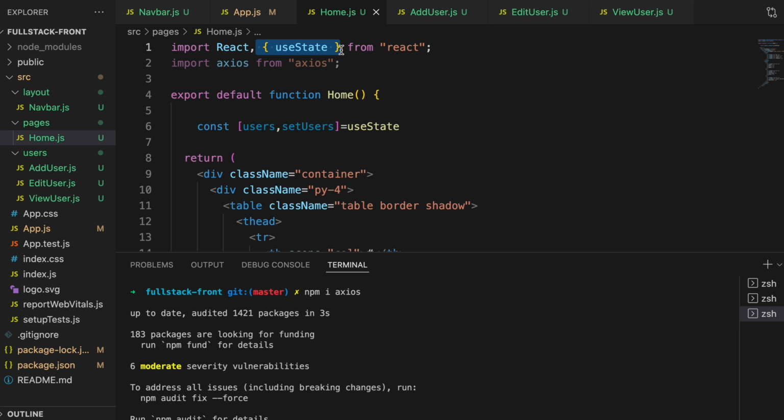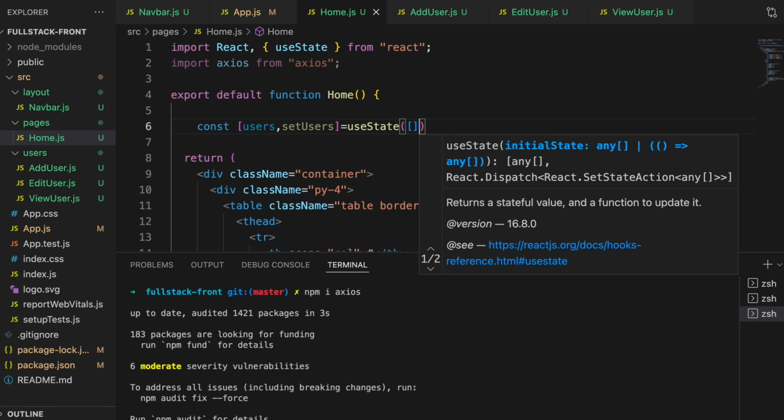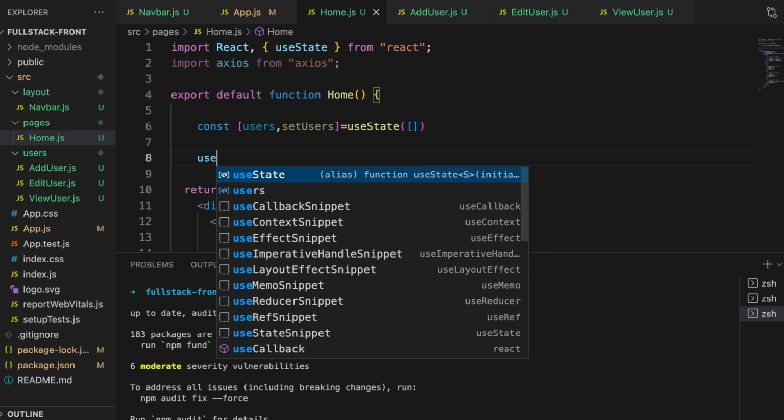If you are not able to see the auto import, you can type it manually. Inside here, we will write the initial state as an empty array. Once you do that, we will be using the useEffect hook as well. By using useEffect, you tell React that your component needs to do something after the render. So every time the page is opened, it will load the user information. For that, just type useEffect,